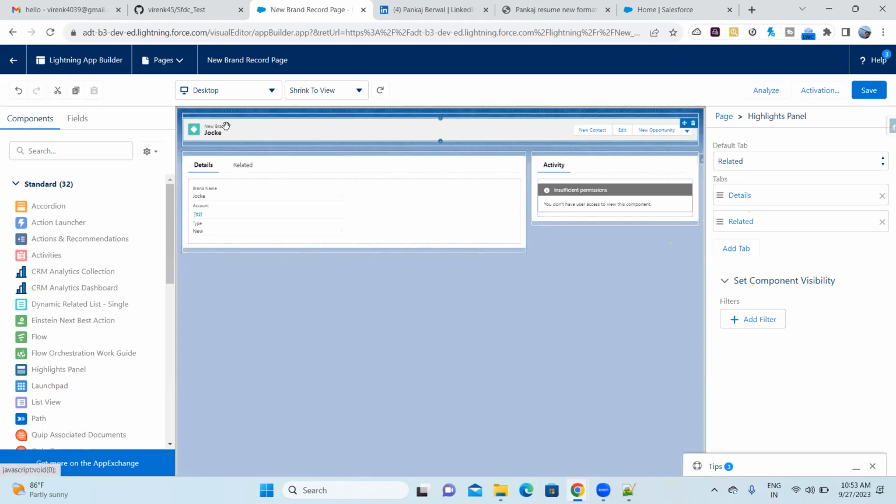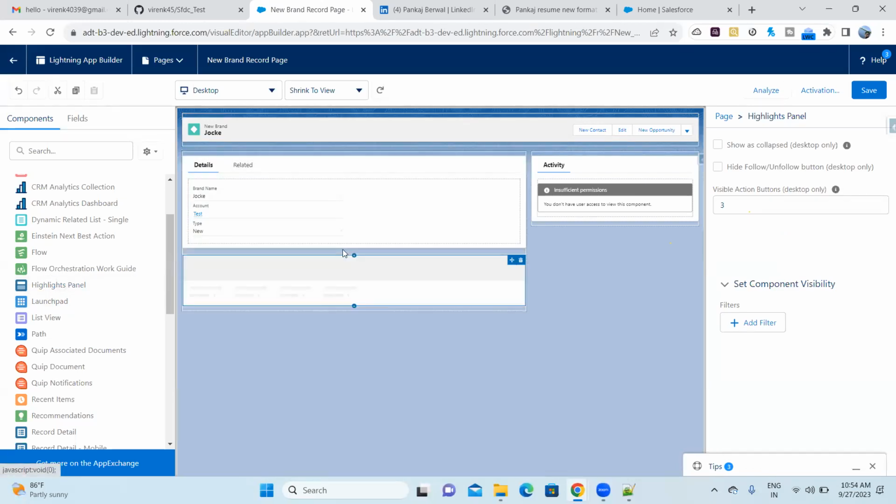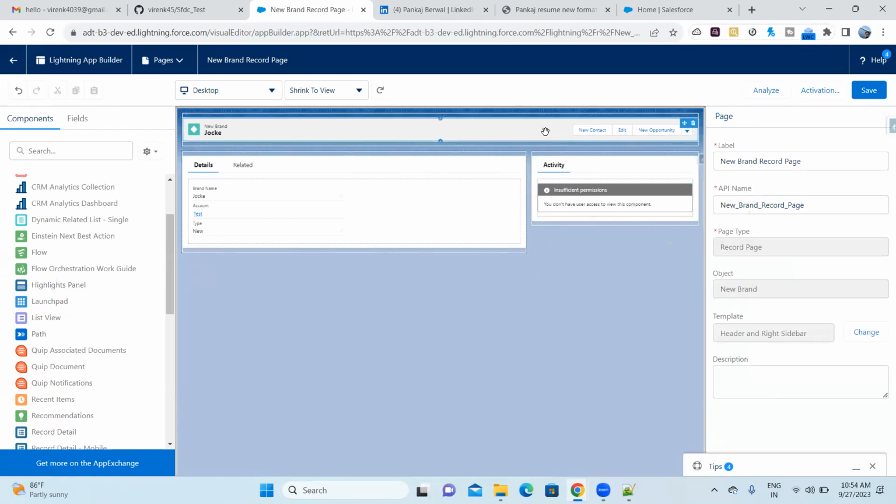Next is the highlight panel. So if you see, this is the highlight panel. The buttons which you are seeing here, and the name you're seeing here, are under the highlight panel. So this also you can see here, highlight panel. If you want to add anything, you can come here and drag and drop it. Duplicates are allowed. It's not like you cannot put duplicates. Okay, so that is allowed. That is not an issue.